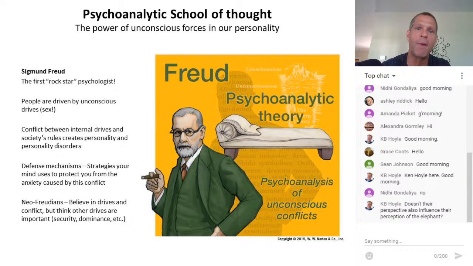And sometimes the mind and society are in direct conflict with our instincts. You may want to eat when it's inappropriate or have sex when it's inappropriate. He argued that it is this fundamental conflict and these fundamental drives that are the best way to understand human beings' functioning. I don't know if that makes sense, but he developed his theories early in the 20th century, 1900 to 1920, and he thought that everybody was driven by the need to fulfill these sexual desires that we're not even aware of.